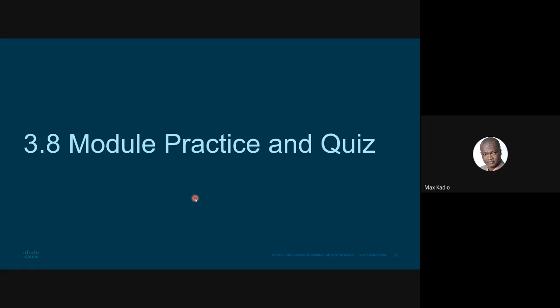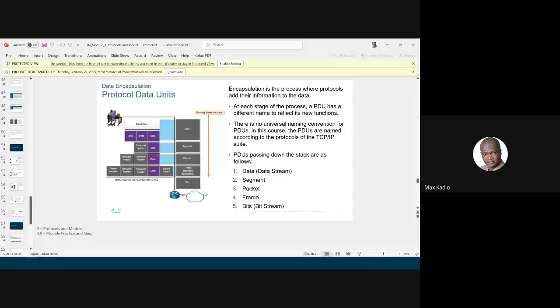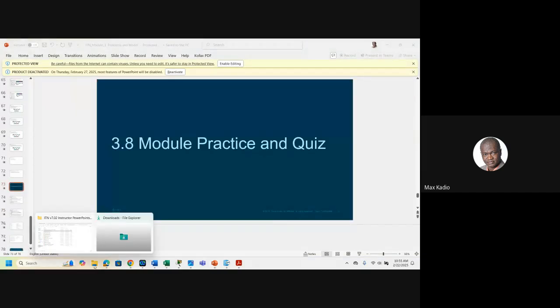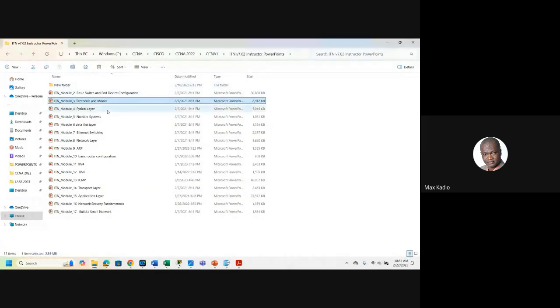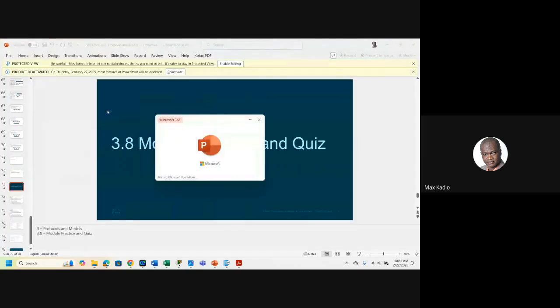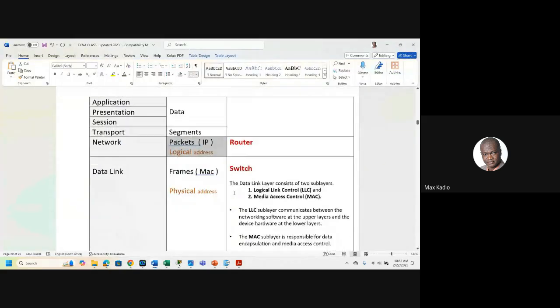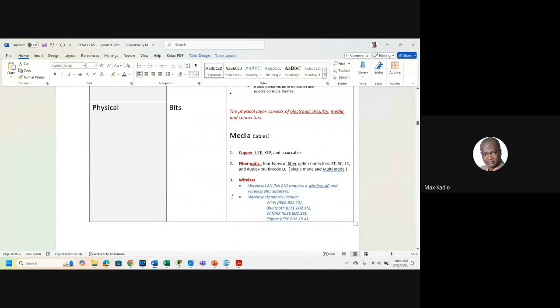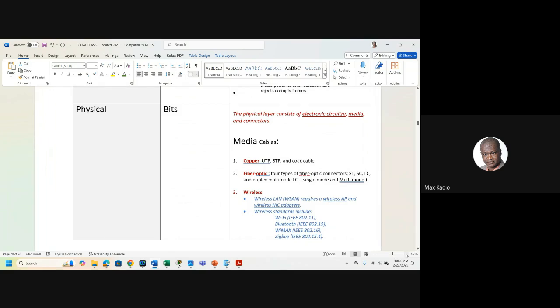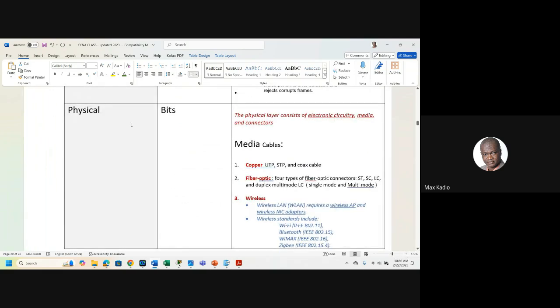As I say, no worries, we'll get time to do it many times. Like chapter 4, for example, we're going to start to study each layer now. We're going to start each layer. So chapter 4, this is the summary of chapter 4. I made it very simple for you, straightforward. Chapter 4 is about the physical layer,